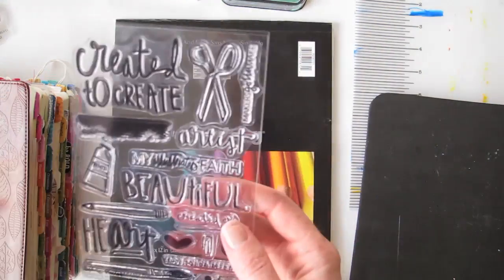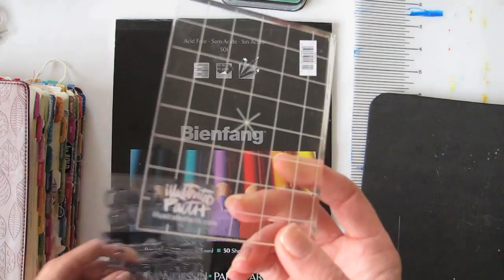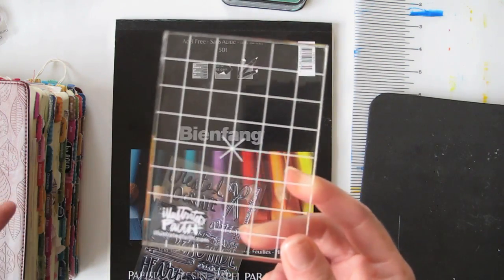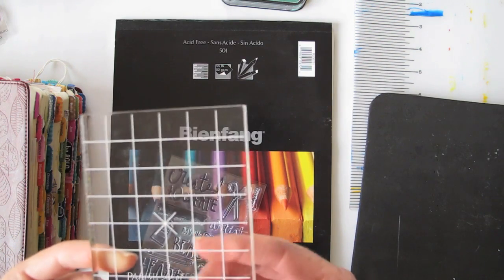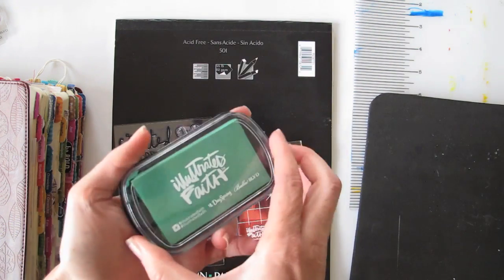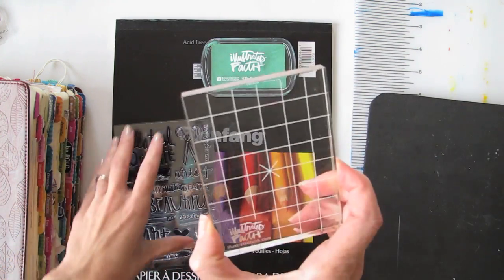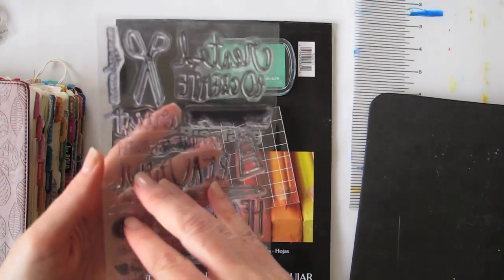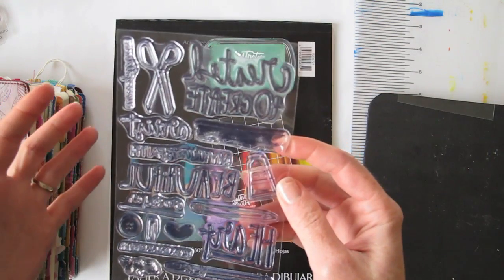So the first thing you're going to need is an acrylic block. Now, Illustrated Faith do make this acrylic block that you can get in the Dayspring shop, or of course there are many other crafting varieties out there, or at a pinch you can certainly use any other kind of hard plastic. So you can even use the lid off your stamp pad if you'd like. You need an acrylic block, and it's exactly what it sounds like. It's a block of acrylic plastic, and you peel off the backing sheet,